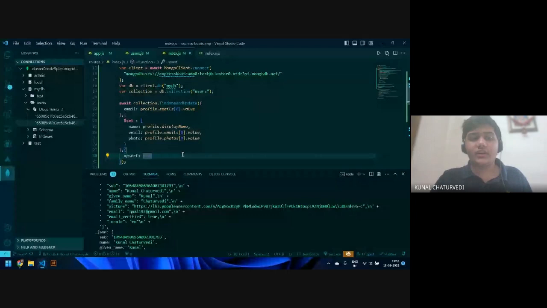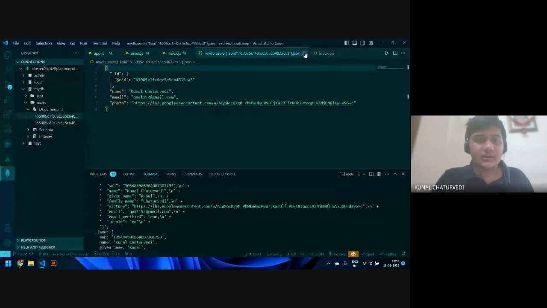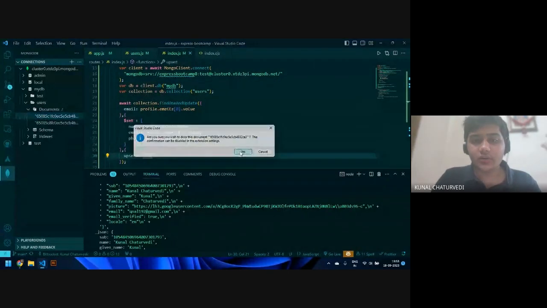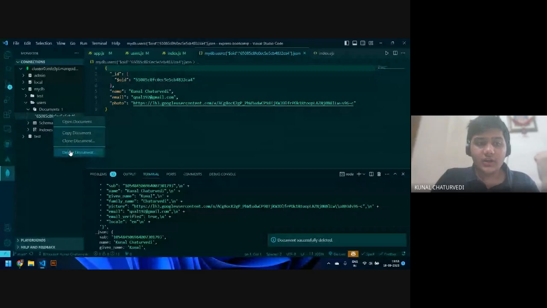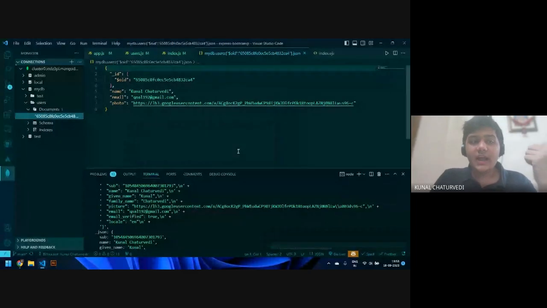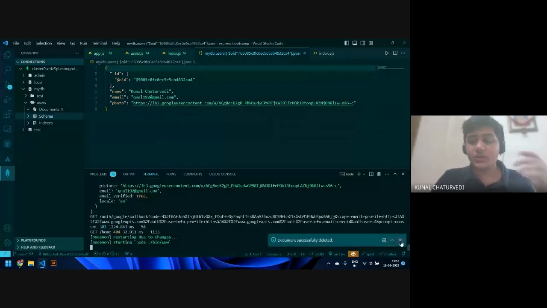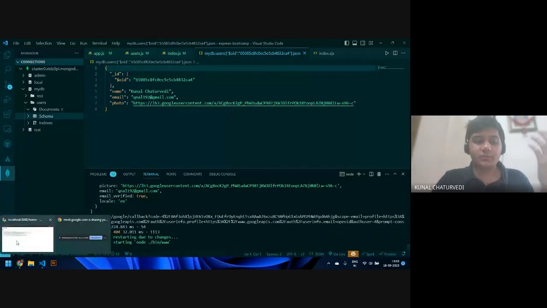So this is what we will see for now. And let's see if I can delete these documents. So we'll delete these documents again from our database, and once we do that, we'll log in again and see if there are two users or duplicate users being made